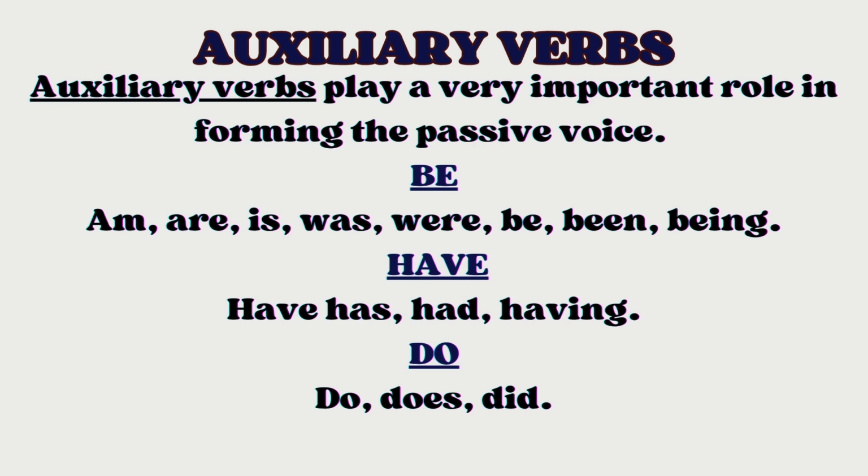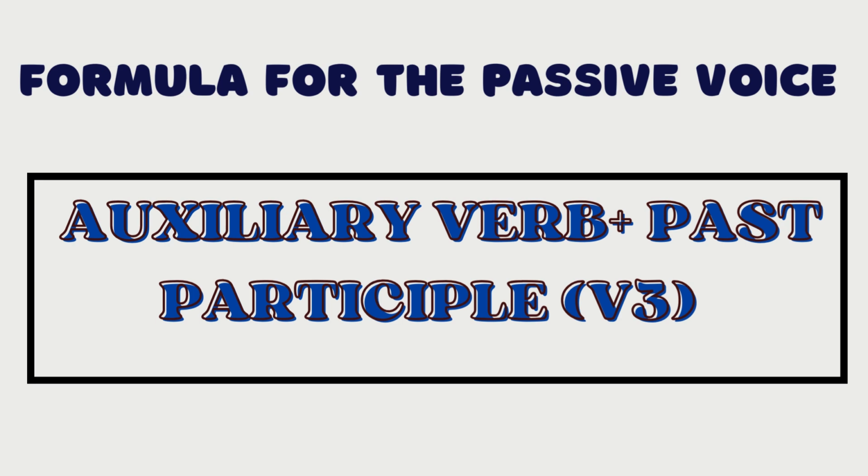Now, I want you to pay extra attention to what I'm going to say next. When forming the passive voice, here are a few things to know. We need an auxiliary verb. We need to change the main form of the verb into the past participle. If the verb is take or took, the past participle form would be taken. Lastly, we would use the preposition by followed by the doer's name, or if it's a pronoun, we would use the object pronouns such as me, him, her, them, and us. In our example, it would be by John.